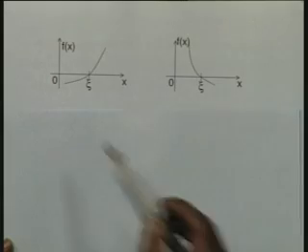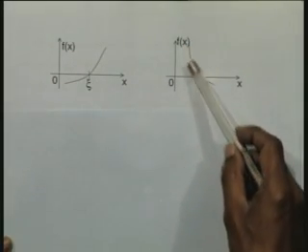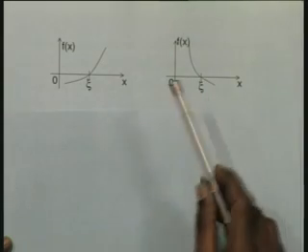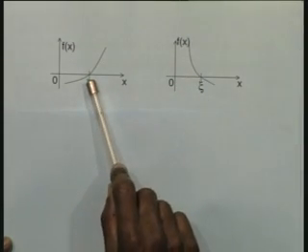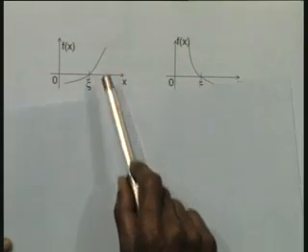Now, what is it that we are really looking for? We are talking of zero or a root of an equation, and what do we really mean by that? What it means is that if I draw the graph of this function y is equal to f(x), then either the graph is cutting the x axis like this or it is cutting the x axis like this. We are interested in finding that value which is the point of intersection of the axis with the graph of y is equal to f(x).